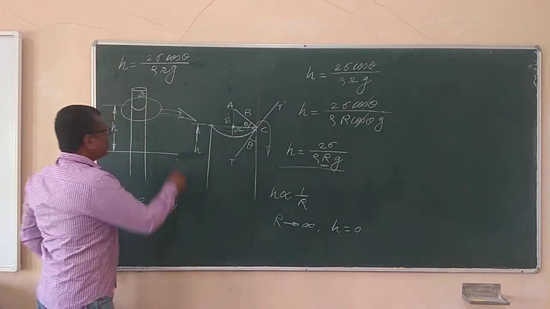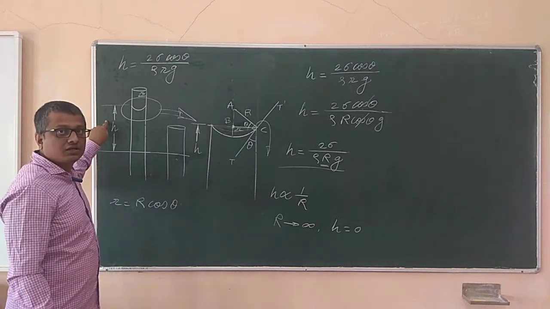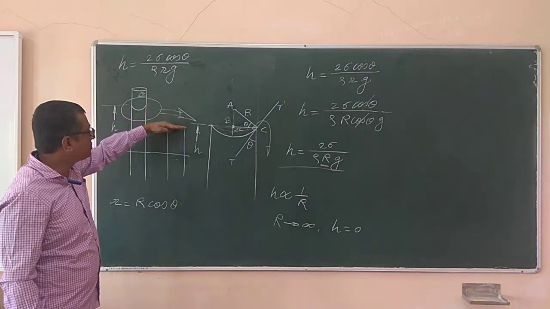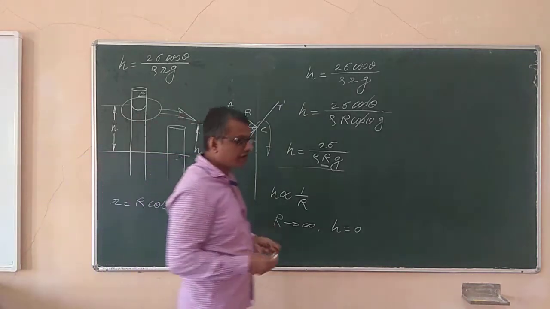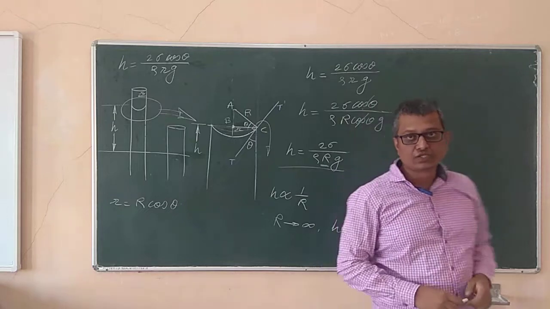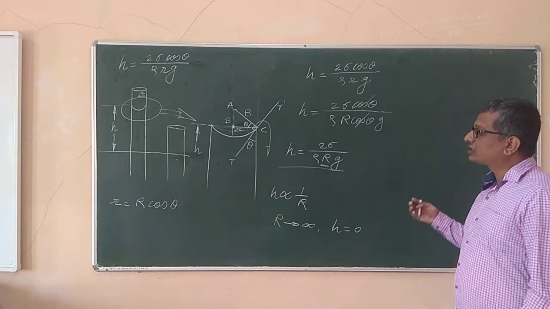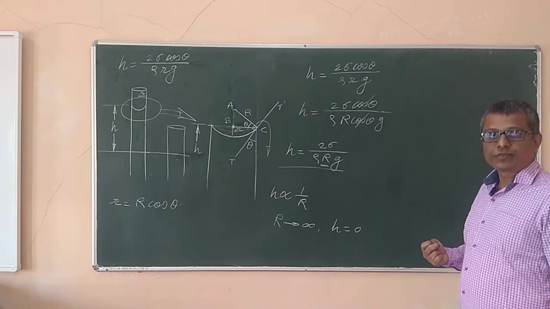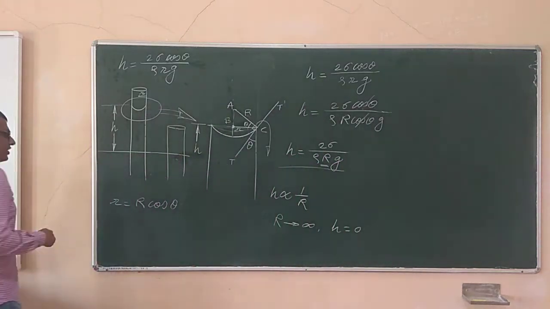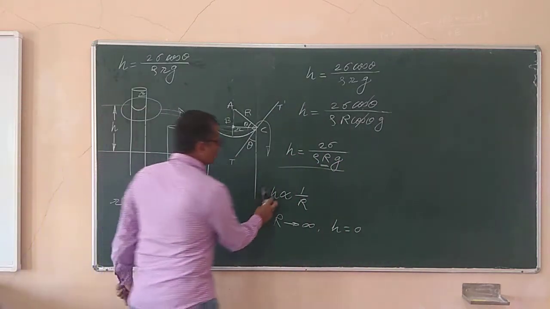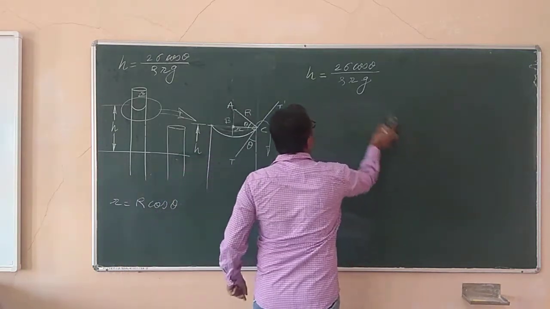and that is the reason the liquid in the capillary tube, which is of height less than this small h, will not go up to that height, but it will come till here and will stop. And there is no fountain kind of thing that will happen over here. So this is one way in which we can explain why the water will not come out of that capillary tube, right? We can explain this phenomenon in another way also, just by following the formula of H. I'd like to show you that part also.